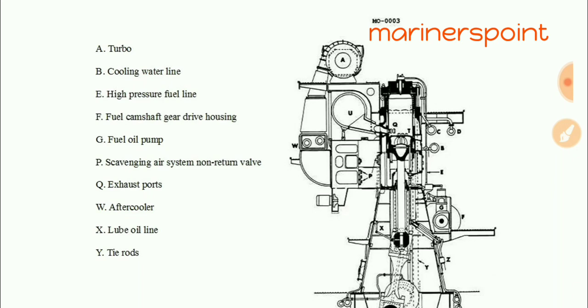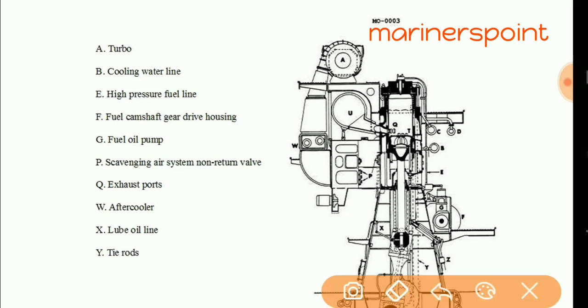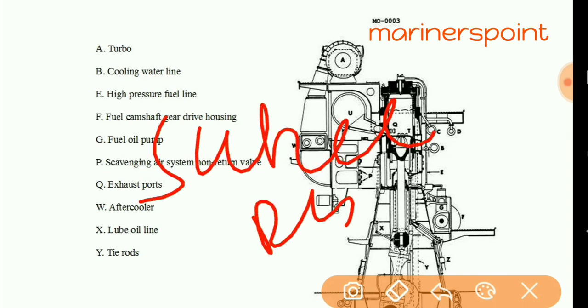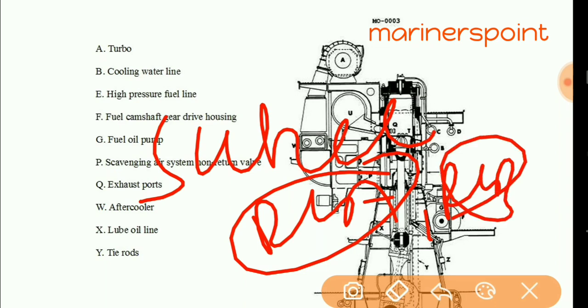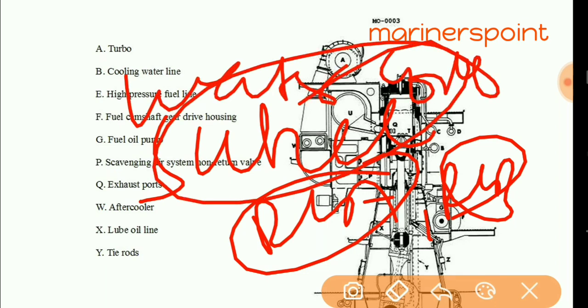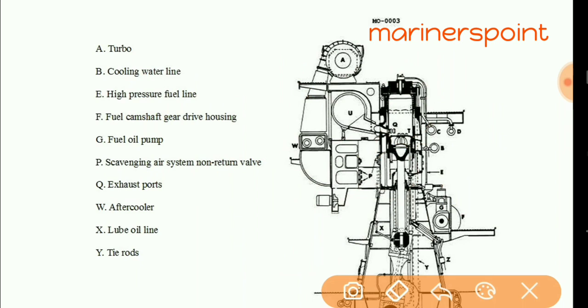So let us start. The figure which is given is a Sulzer RL series, the Sulzer RLA engine, okay, RLA and RLB, in which the piston is cooled by a water cooled piston. This is our turbocharger, okay, and for cooling jacket water there is a common manifold.